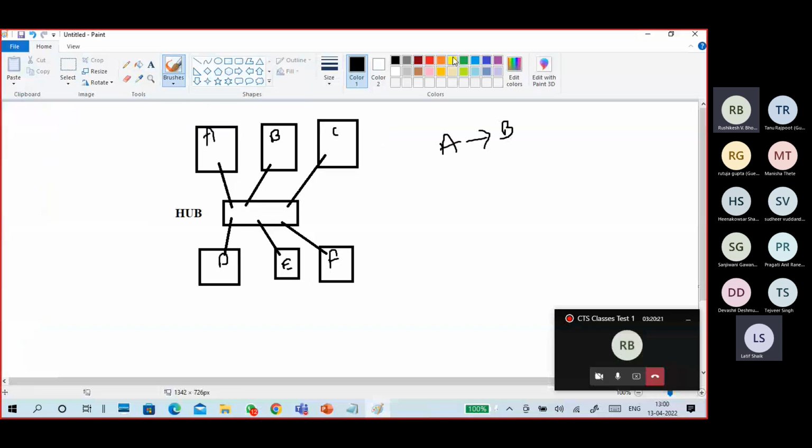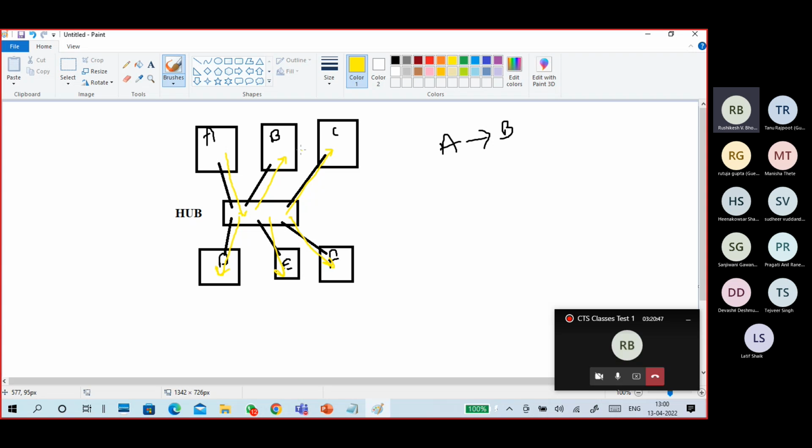What happens? A sends it to the hub. When the hub receives the signal, it forwards it to B, C, D, E, F, finally to every device.